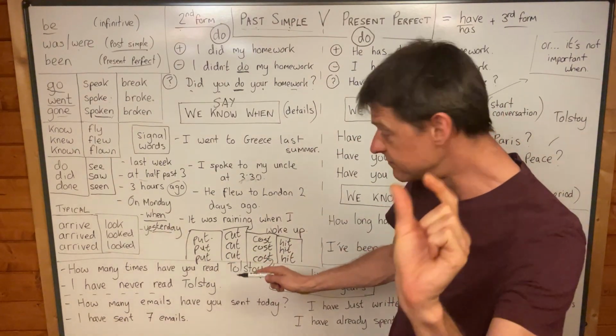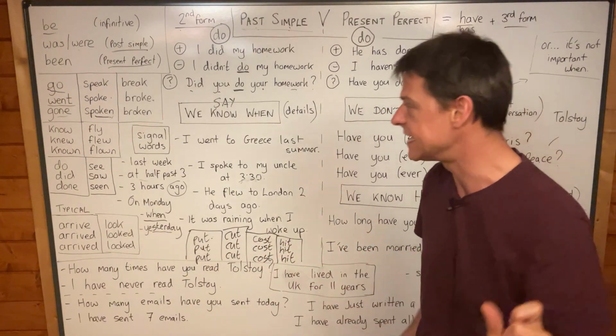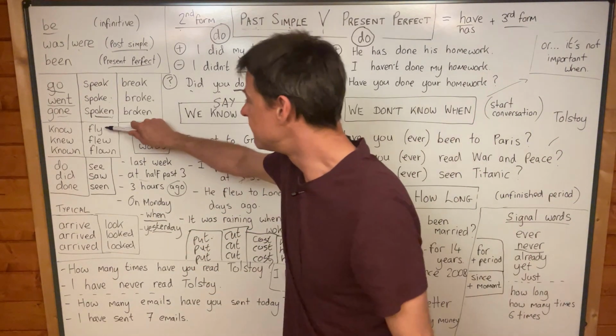So remember, some small verbs: put, cut, cost, hit. But some verbs, fly, flew,